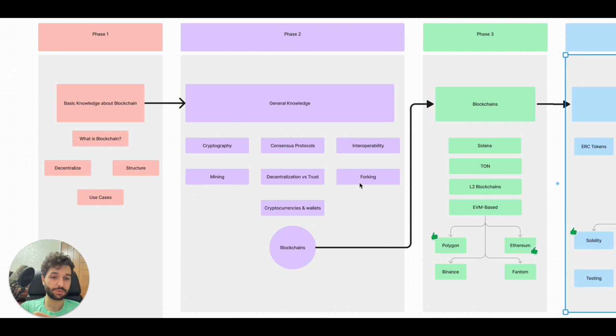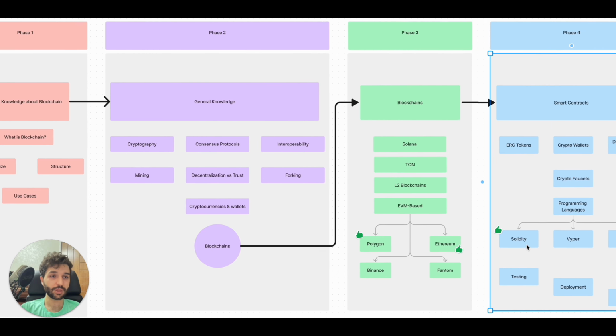We have Ethereum here, we have Binance here. Also in EVM based, my suggestion is Ethereum. And you should learn about that. It's a really good chain that we can learn. You should know about the structure of the Ethereum chain and other, for example, things that we have in Ethereum.